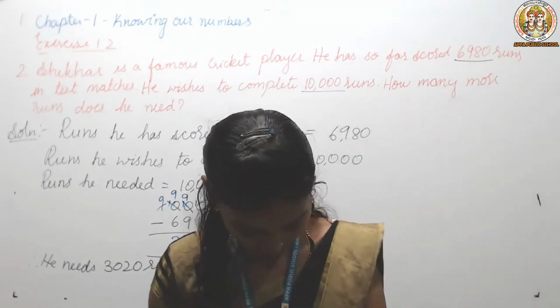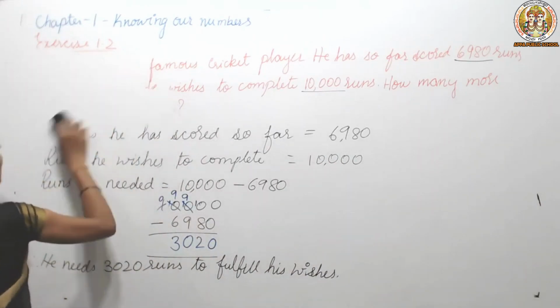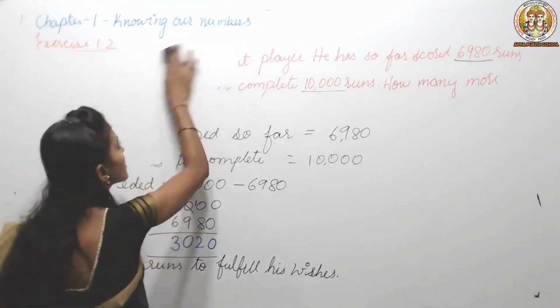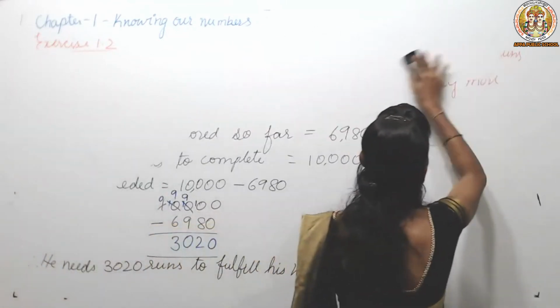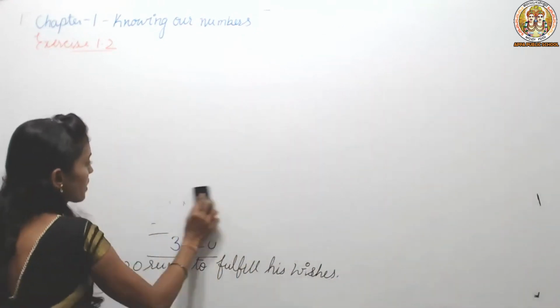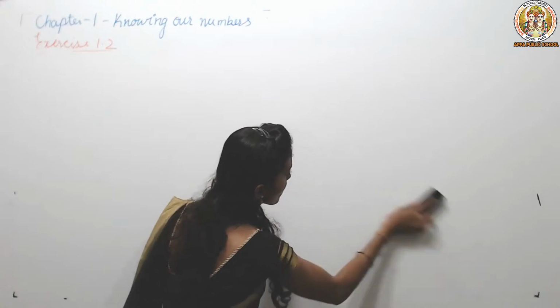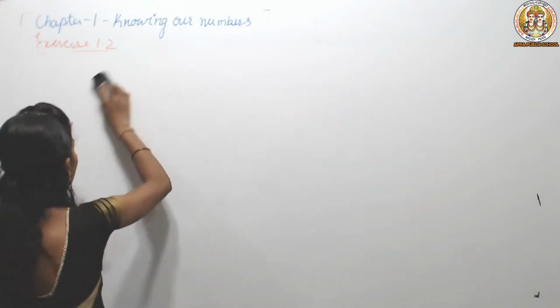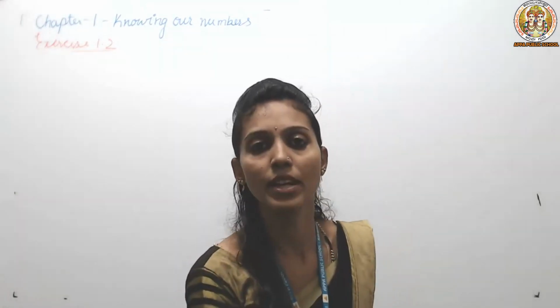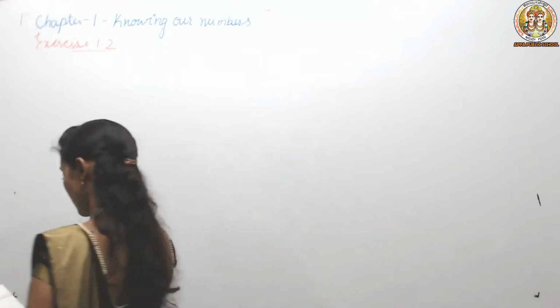Okay, now we'll go for the next one. In the next problem, they have given in an election, a successful candidate registered and his rival secured few number of votes. They asked the margin for winning the election. Margin is nothing but how many more votes the successful candidate has secured. That we have to find. They have given the number of votes secured by both. Rival is nothing but opposite candidate, opponent. Okay?